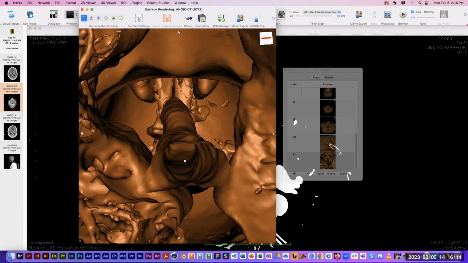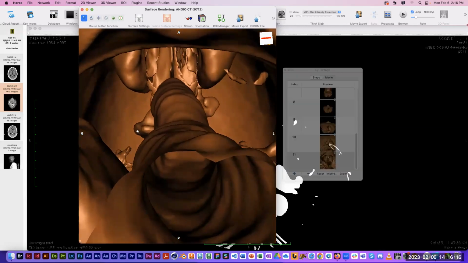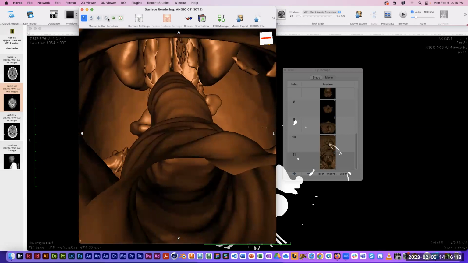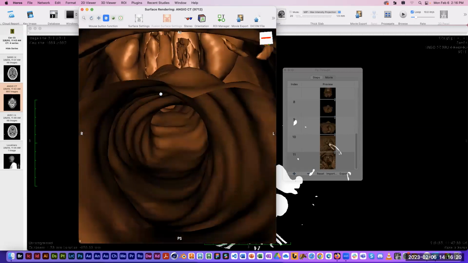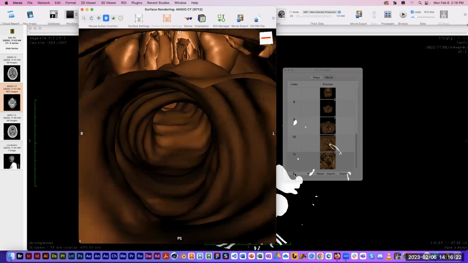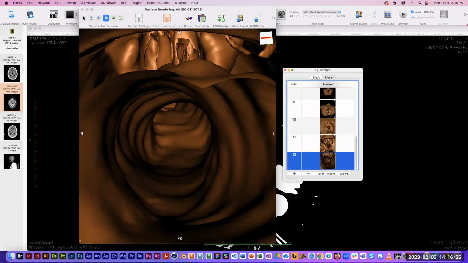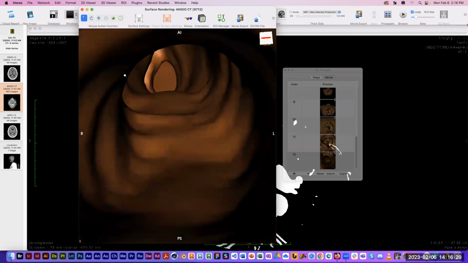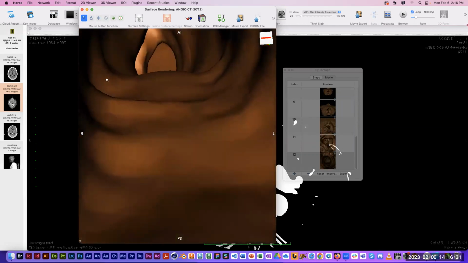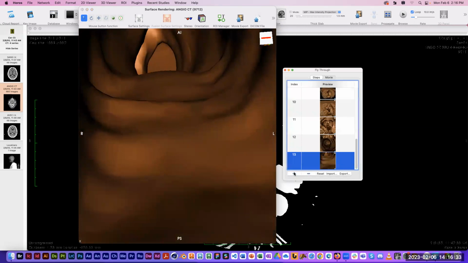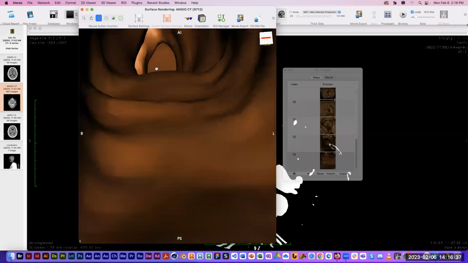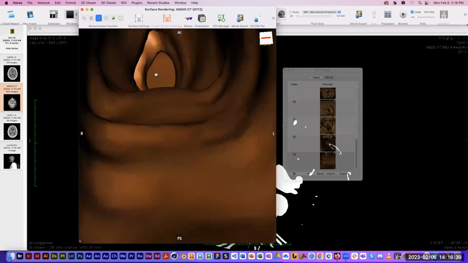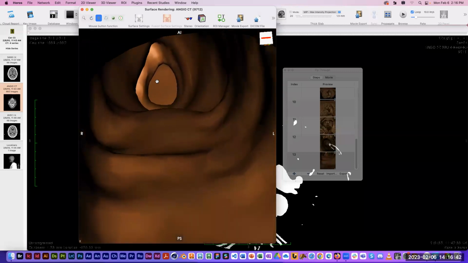Go back to my zoom tool and start to zoom into the trachea. I'm going to tilt a little more so that we go right in there. Another keyframe. I just find that if you make a lot of keyframes, you get a little bit better result. So now the trachea is actually bending a little bit, so I got to drag it down a little bit,